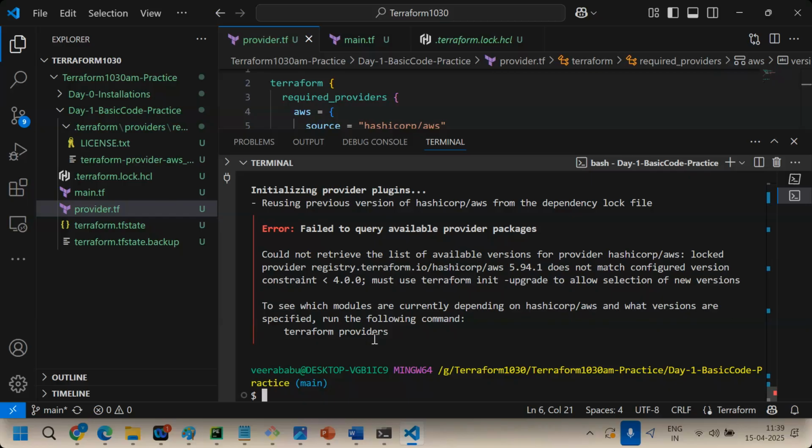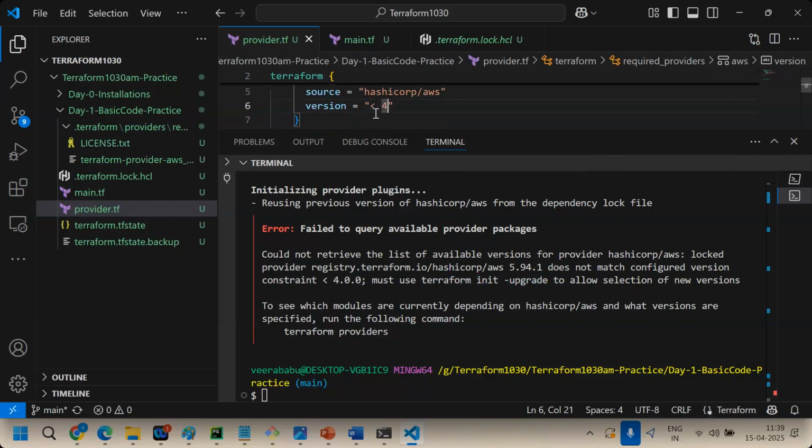In this case, I want this version. Then you need to run one more command: terraform init -upgrade. They're mentioning it here: if you want to use this version, run terraform init -upgrade. Let me give this 4.0.0.